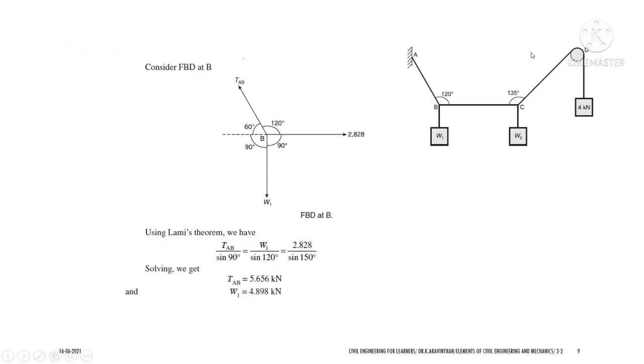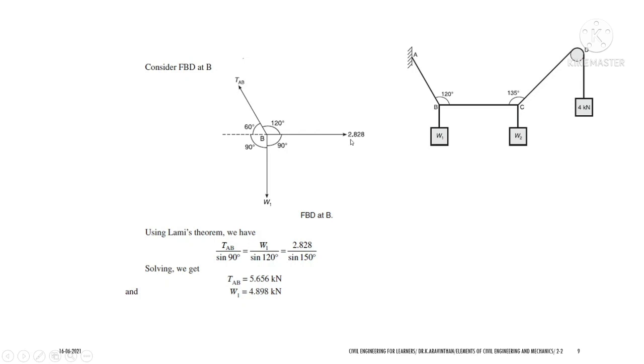Okay, so let us take the point B, and at point B you have 3 forces, and this angle is 120 degrees. You know that this will be 90 degrees, and since this angle is 120, the complete half circle is 180, so if you know this as 120 degrees, the rest will be 60. So 60 plus 90 will be 150 degrees here. Okay, this is what is written here. You can use Lami's theorem.